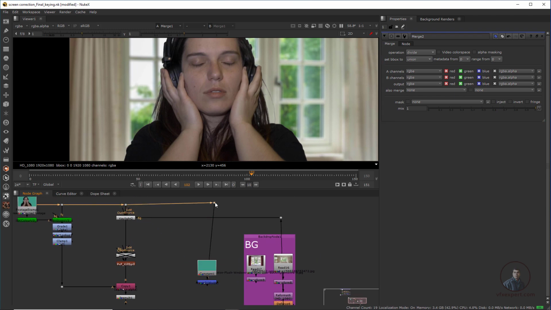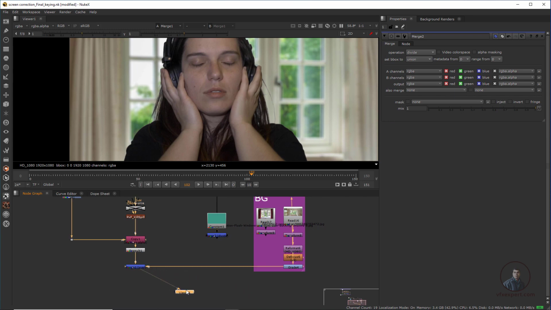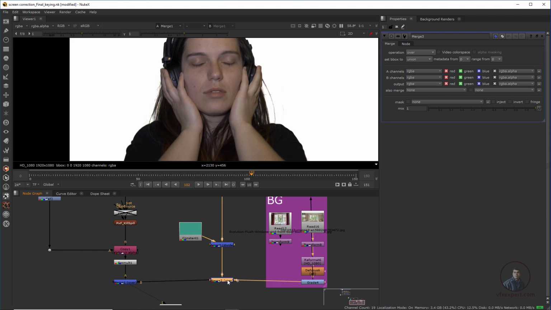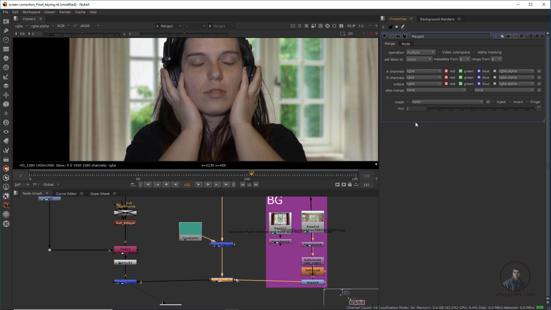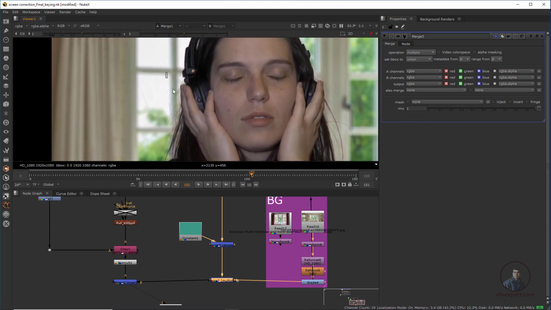and hold Ctrl and break from here. Again we have to take a merge node. Attach it before the background, whatever background you are using, simply attach this merge and the output from our divide node, and this will be our foreground. In the merge node, double-click and use the multiply operation. Now if you see here, I have recovered all our details.